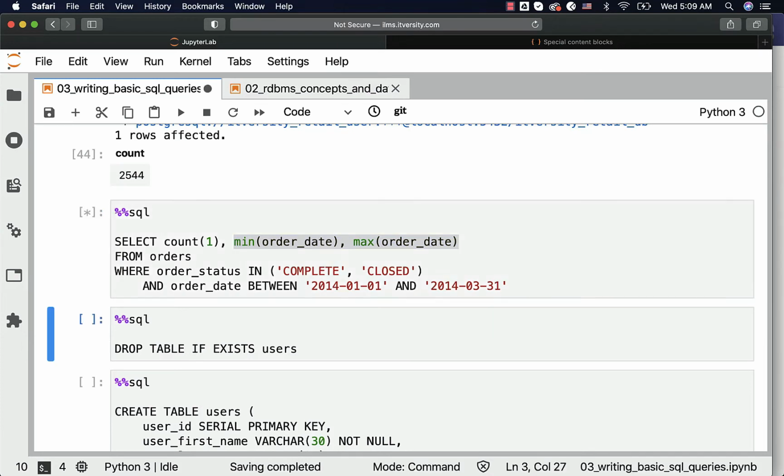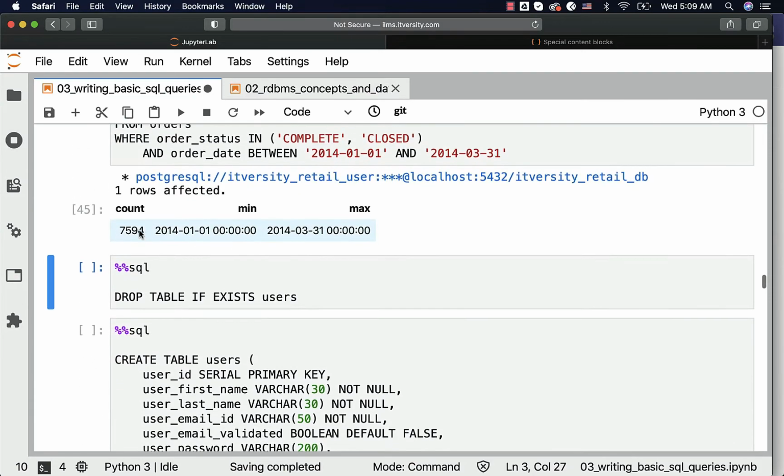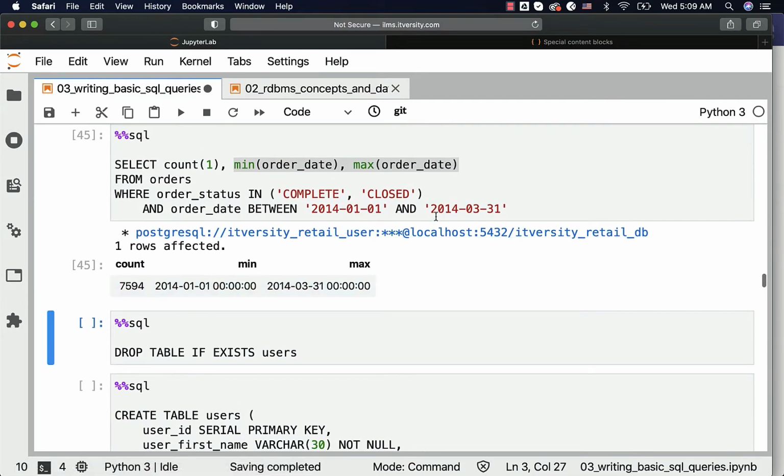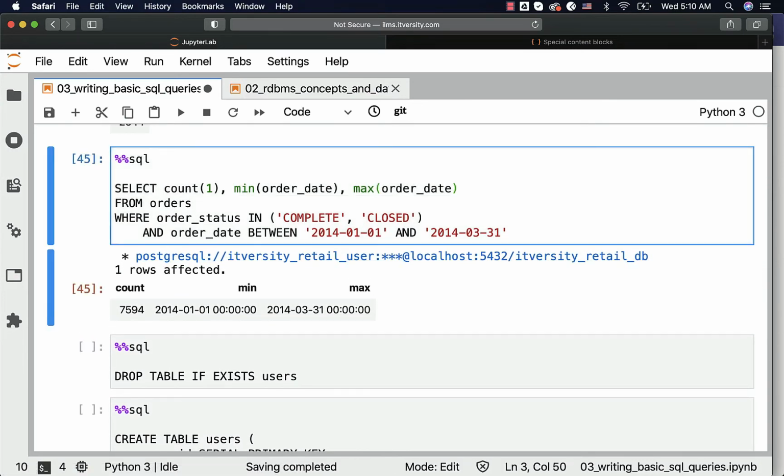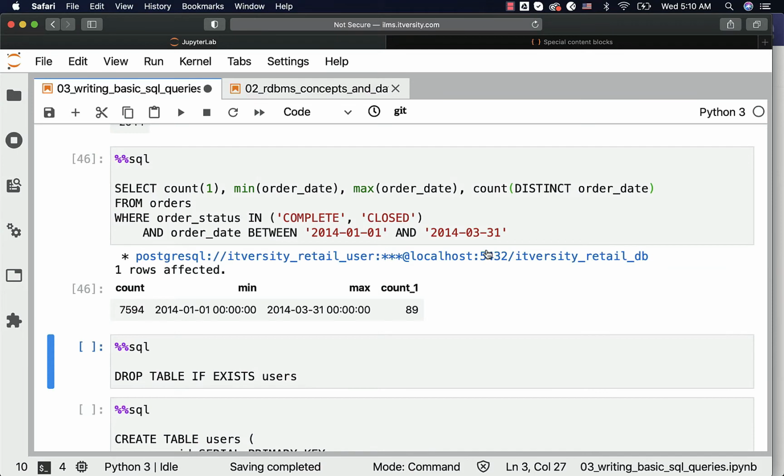Now if I run this, you can see that there are 7,594 records between 2014 January 1st and 2014 March 31st whose order statuses are either complete or closed. You also get the min as well as max values, which means we are able to get all the values from 2014 January 1st till 2014 March 31st. You can also use count distinct on order date like this,